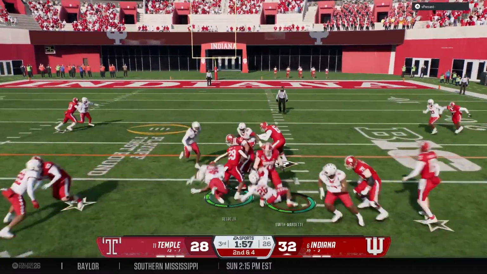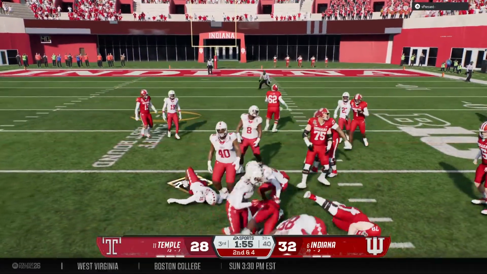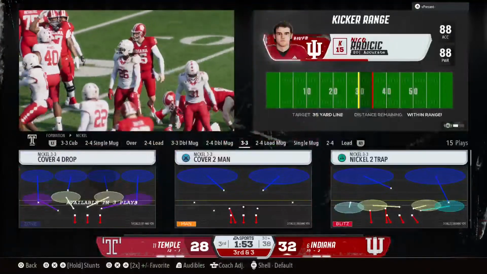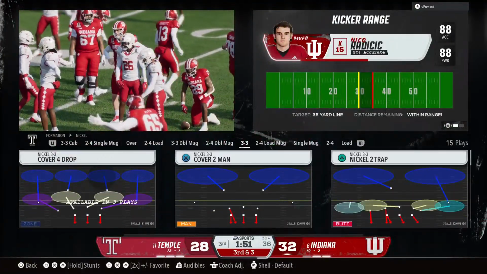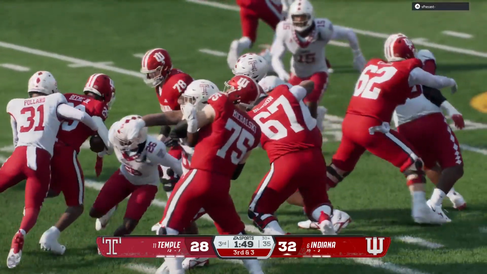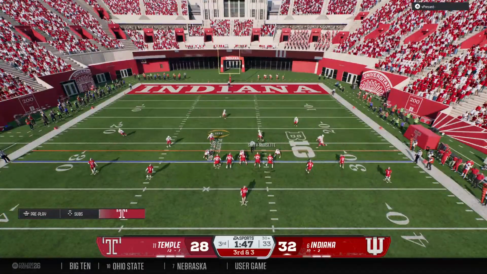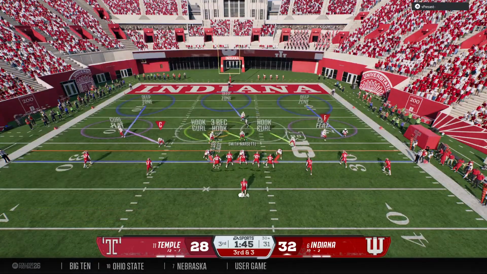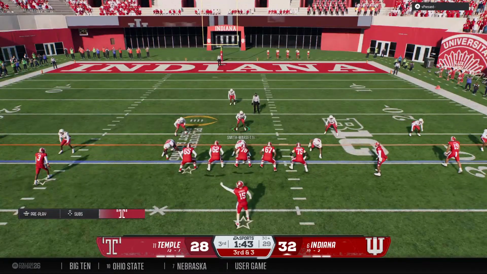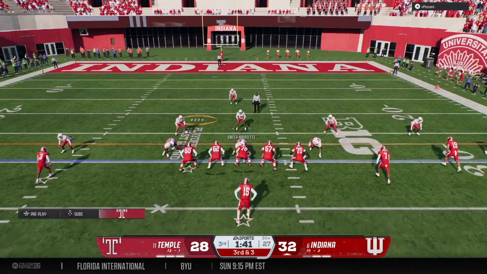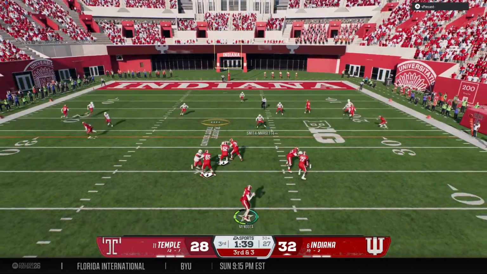And the ball is handed off out of the shotgun. And the senior able to make the stop after a short gain. See, that's how you limit what an offense wants to do. This time, the defense just won the battle up front at the line of scrimmage, not giving up any big plays. Everybody's gap sound. It's really solid defense on that play.